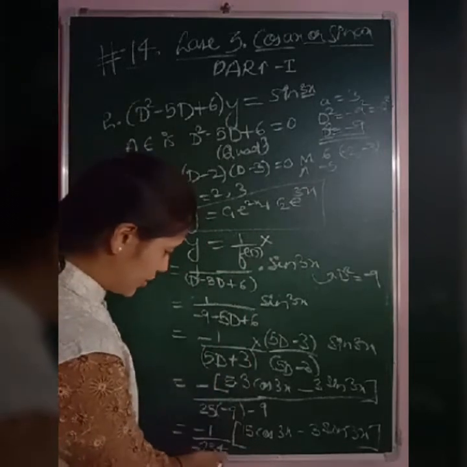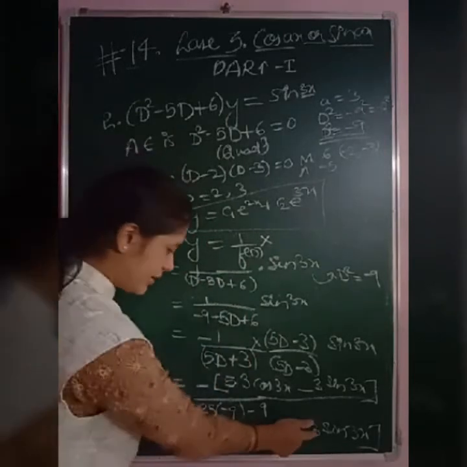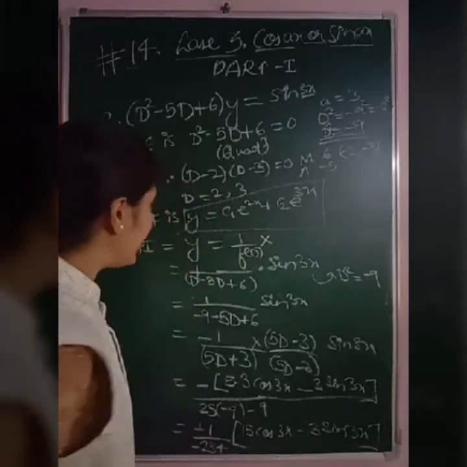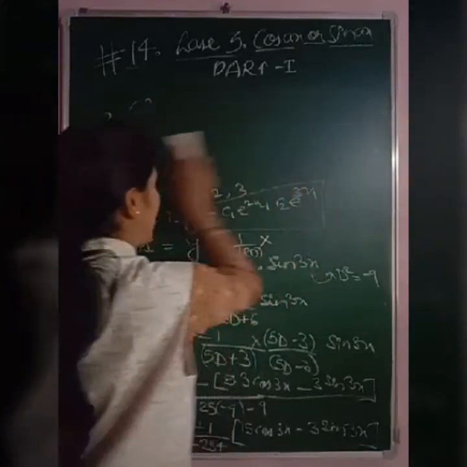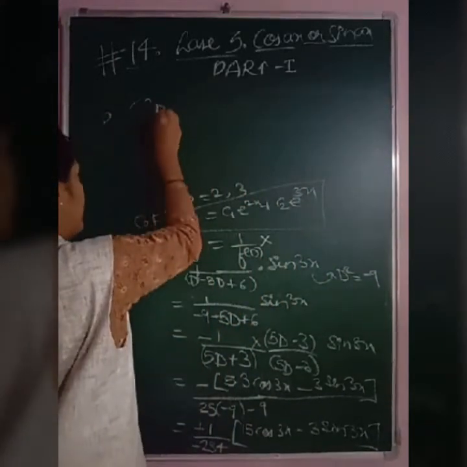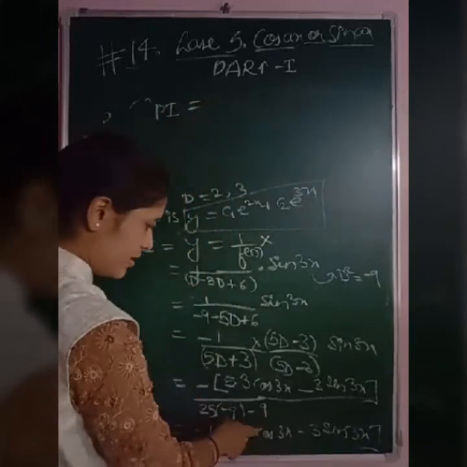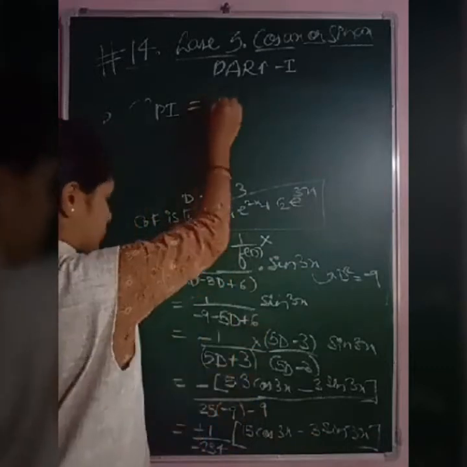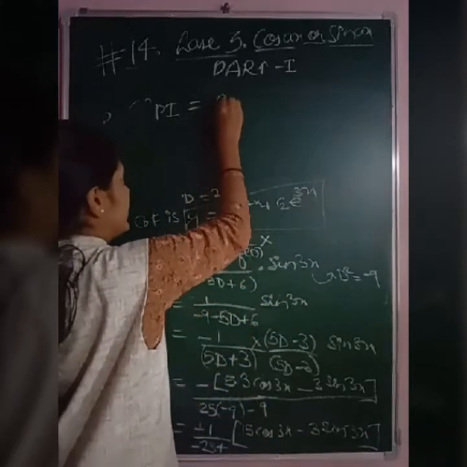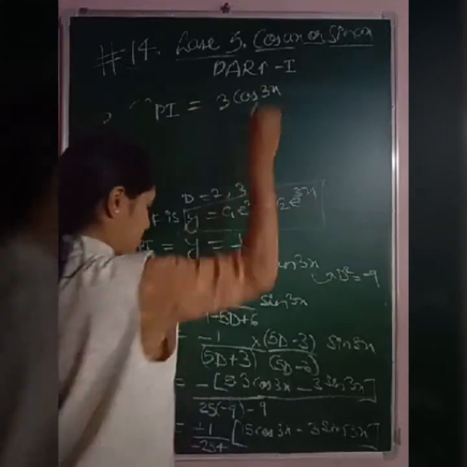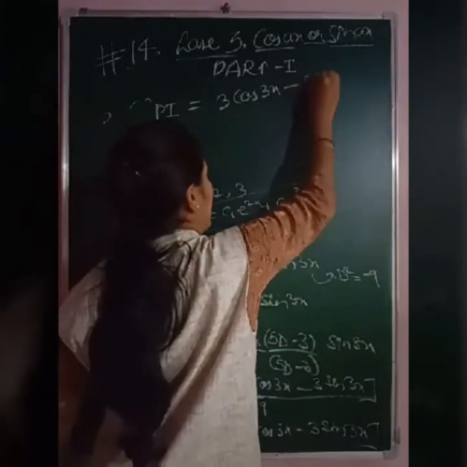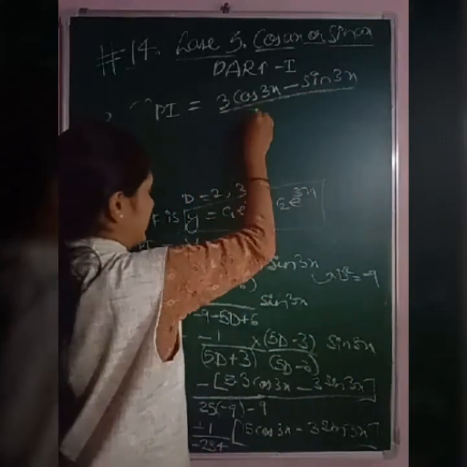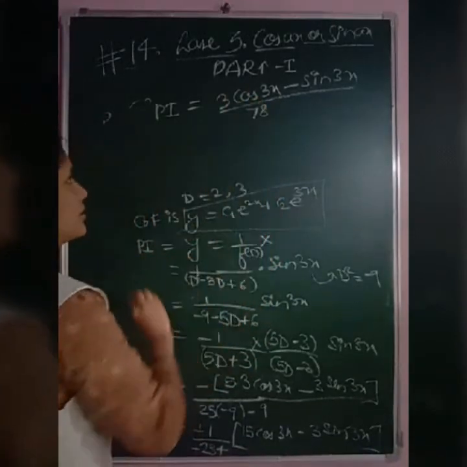Further, easily we can see 3 plus 4 is 5, 5 plus 4 is 9. Here also 3 is there. Taking 3 common, so minus minus plus. Taking 3, so how can we write our PI? So PI can be reduced by taking 3 common. So 5 cos 3x minus sine 3x by, so this can be written as 3 cos 3x minus sine 3x. So taking 3 common, 3 7s are 21, 3 8s are 24. So this is our answer.